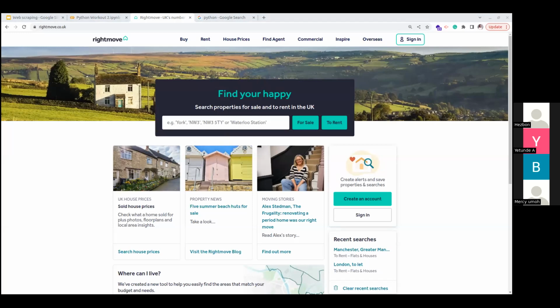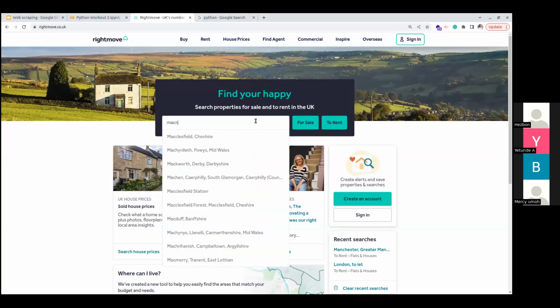Okay. So I'm going to type in a location. Right now, the task we're doing is that we have a particular location. I was thinking of which location is very popular in the UK that is not London, that everybody has heard of. So Manchester is where I chose. At least some of you who follow football must have heard of Manchester. Manchester United, for instance, Man U. Everybody knows Man U.